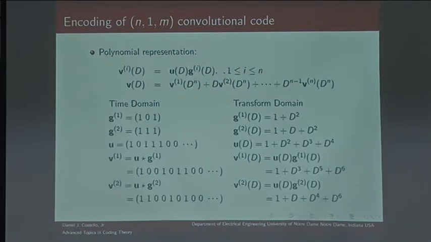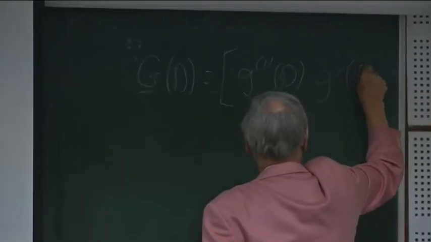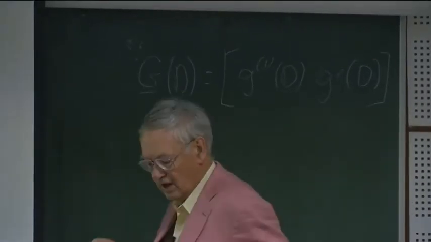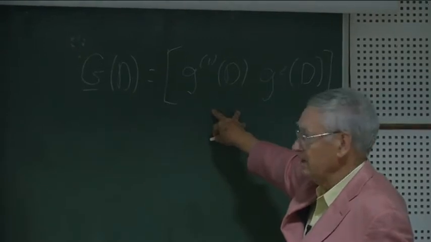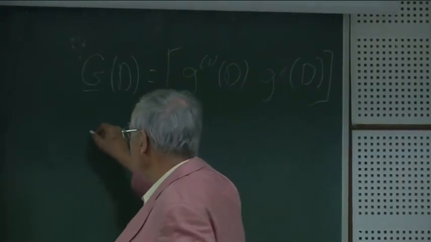Now, I wanted to just pause here. I don't think we need to raise the screen, but I just want to make the point, because I didn't see it in the notes, that in the transform domain we can also consider a transform generator matrix, which in this case would look like this. Otherwise, the 2 generator polynomials can be considered as part of a 1 by 2 generator matrix. And then we can write the code word